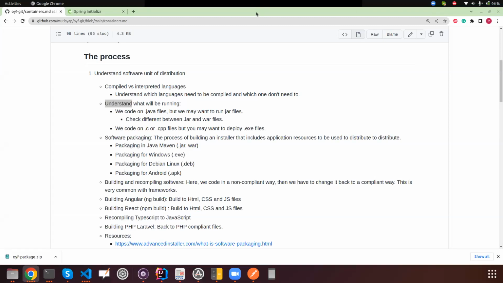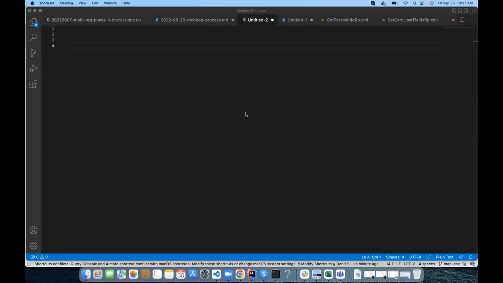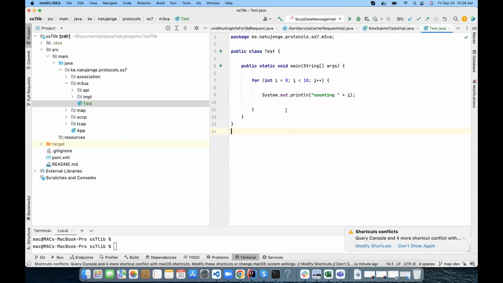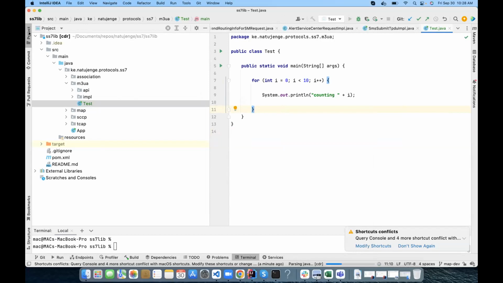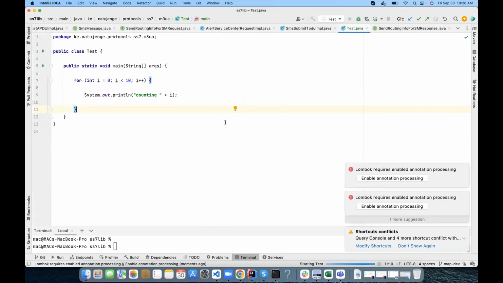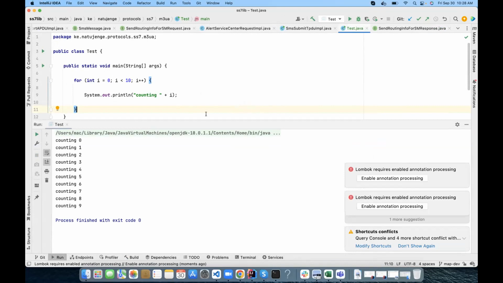So that packaging, I know sometimes you could look at things and they look very abstract. So I'll take you guys to the basics so that at least some of you might be familiar with jar, as Peter has mentioned. But I'll also come here and create a simple class in Java for some of you who might be familiar with Java. And I'm going to call it a test class. What it does